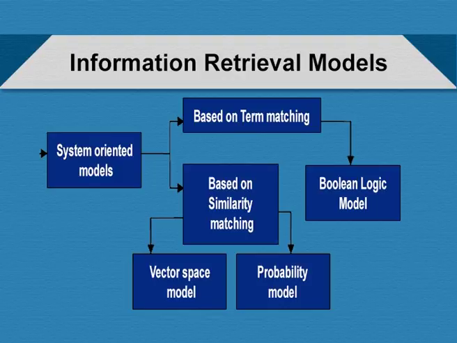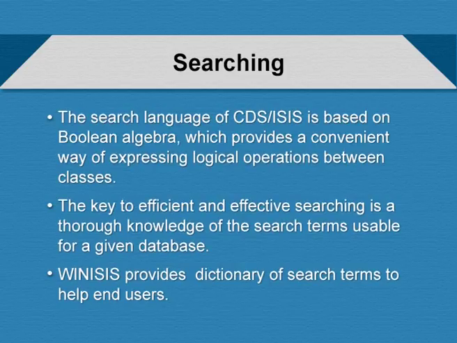One group of database management systems is based on the term matching model, another one is based on the similarity matching model. In the similarity matching model, we have the vector space model and probability model, and in the term matching group, we have the Boolean logic model. And CDSIS basically belongs to the Boolean logic model group, and most modern information retrieval systems associated with different digital library software and integrated library systems are based on the vector space model. So, model wise CDSIS is a little bit older, but the efficiency of searching in CDSIS is really commendable,